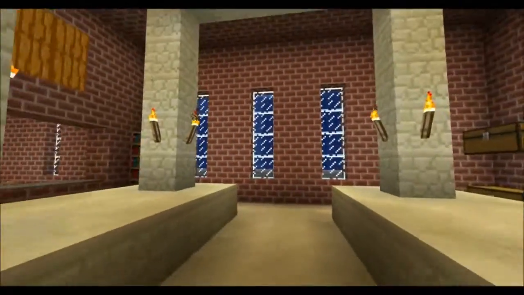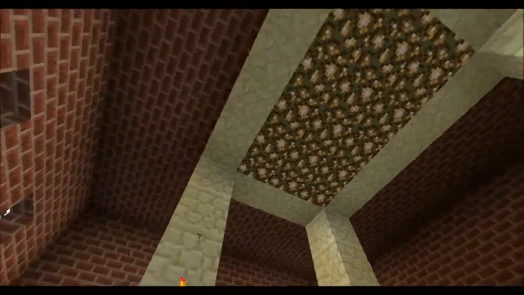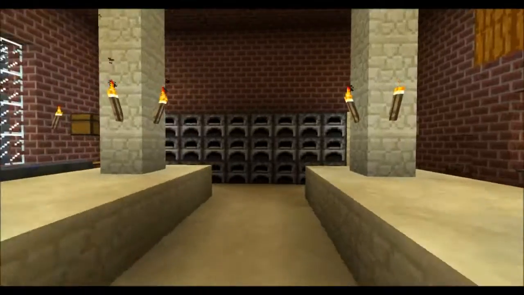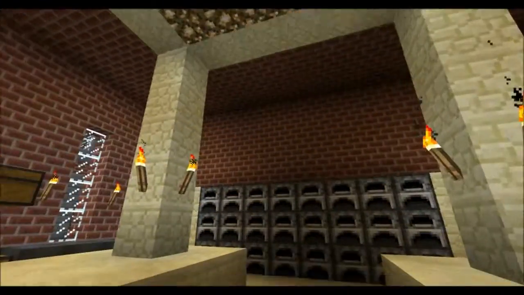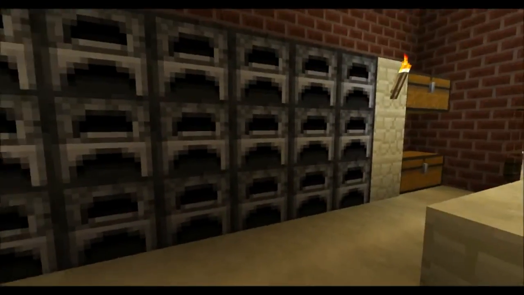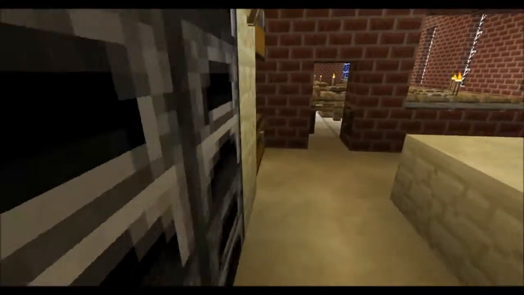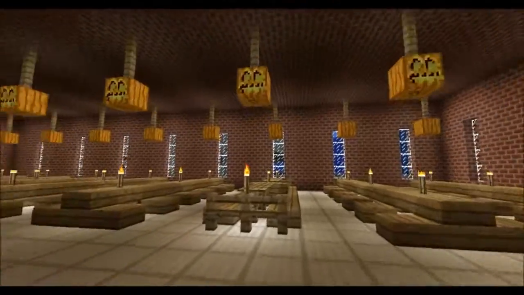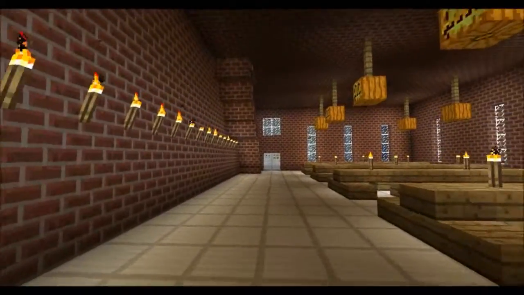So we got our kitchen back here. I like the look of this. This is a cool kind of variant on my kitchen designs. I like the big counters and the lighting in the middle here. Plenty of resources for cooking. But this is just our kitchen